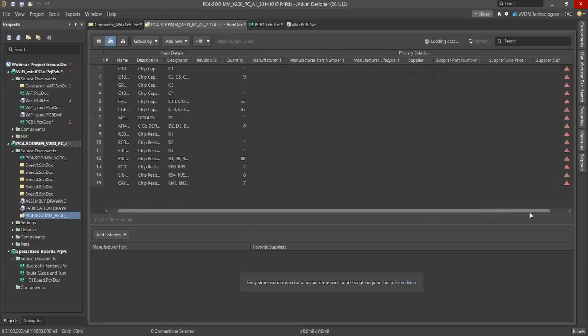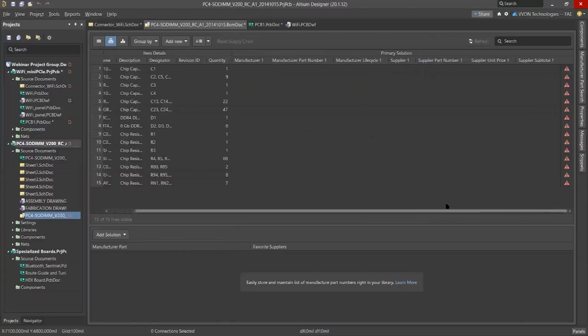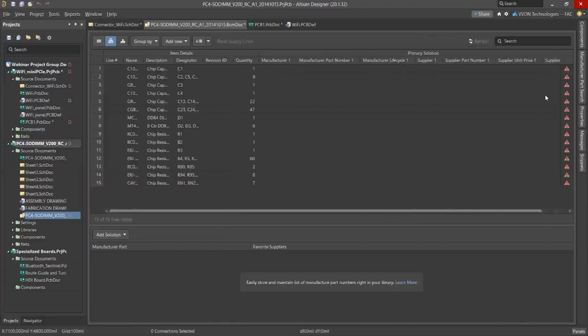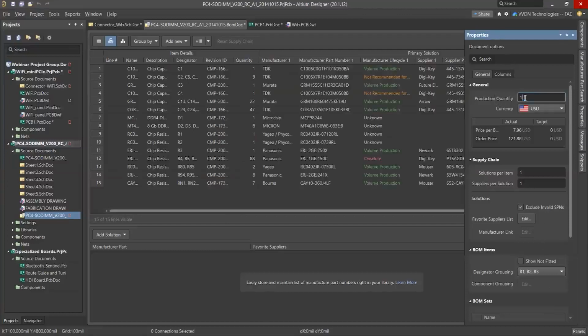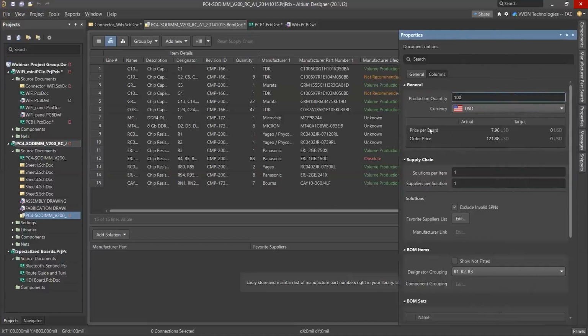Here we can check our BOM status also. First, if you open the properties, under properties you can see the production quantity is 1. Suppose you want to go for production of 100 boards, here you can put 100, and under properties the price per board will come, and we can check.